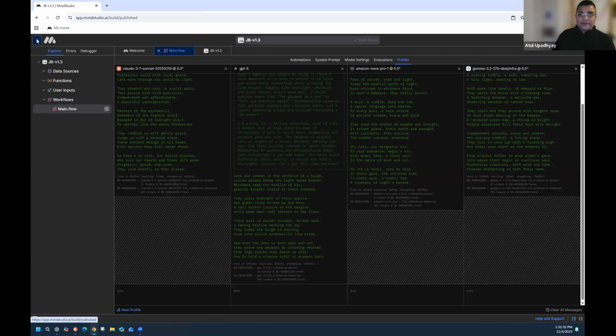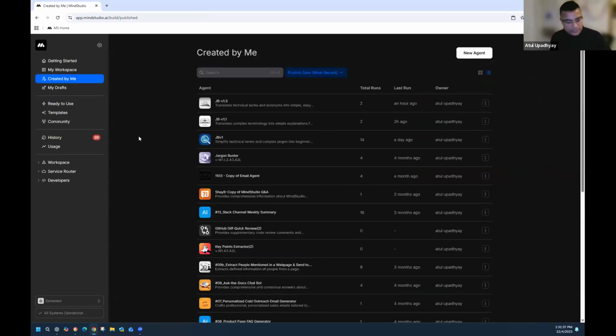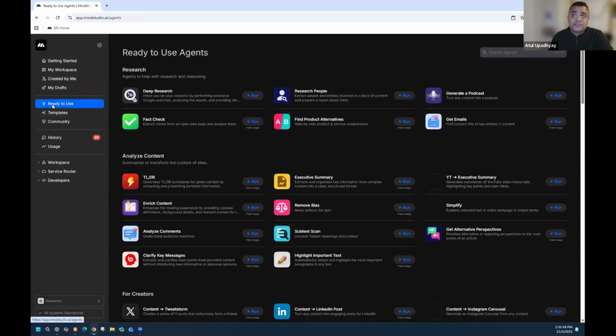Next one I have is just kind of quickly glance through the MindStudio offerings, free offerings that are there through their portal. Just once you log in, you can see the section right below your workspace, ready to use. This is where all the live agents, prod agents are already there. They are free.